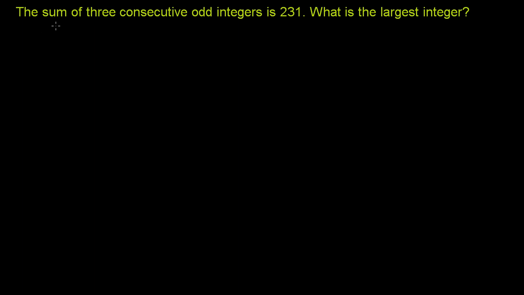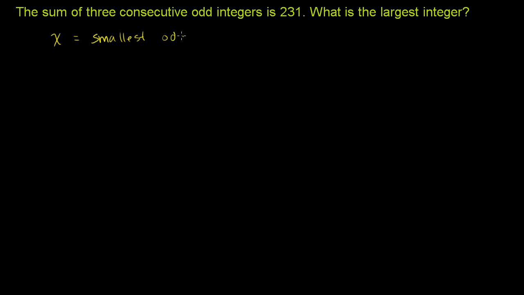We're told that the sum of three consecutive odd integers is 231. What is the largest integer? So let's think about this a little bit. Let's say that x is the smallest integer. x is equal to the smallest